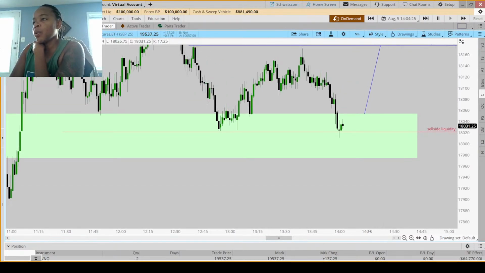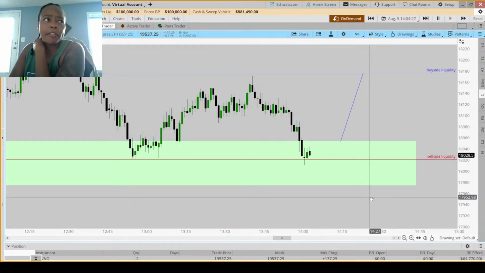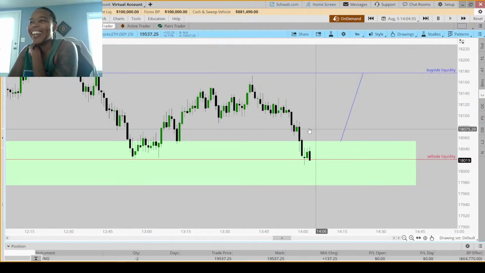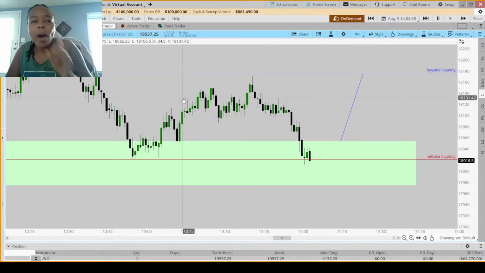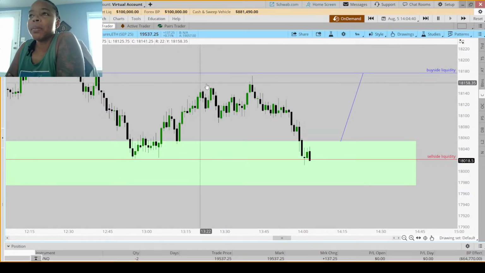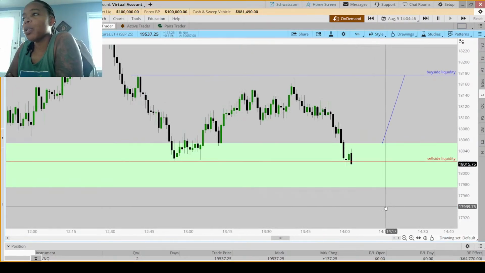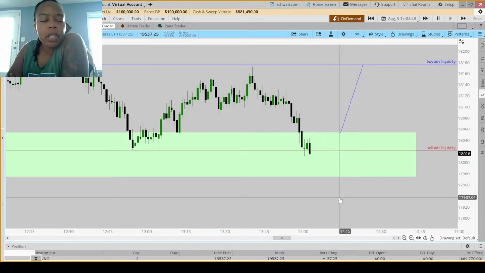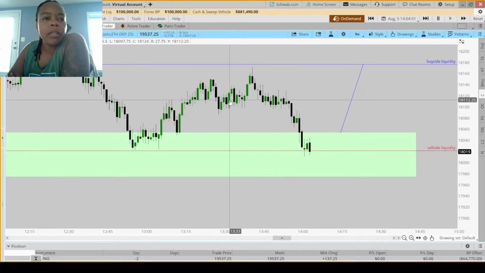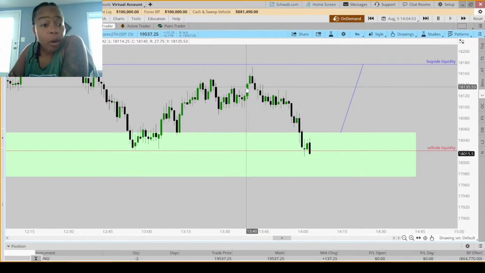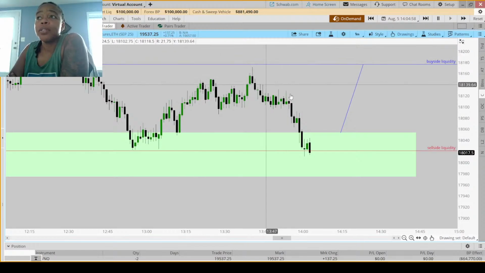Because I also, and this isn't technically the shift version of this entry. I did, didn't I? Yeah, it played out. But you know why it did though? Look, they did sweep some liquidity here, right? And then they were chopping around. And I bet you anything, if we go to the higher time frame, the probability of finding a fair value gap that they were sitting inside of, or maybe a new day opening gap that they were respecting, that would give us a reason why this would work.